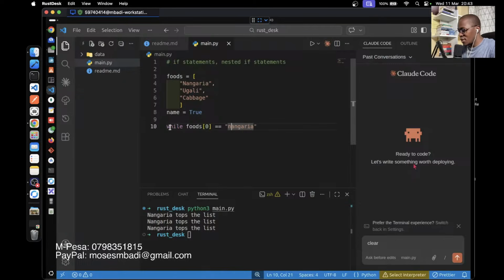That's supposed to be Nangaria. We want to print, let's print something interesting. Meow, meow. Do you know, but I told you I have a lot of talents. That's another talent. Add it to the list. Meow. All right, so let's run our code and see what happens.